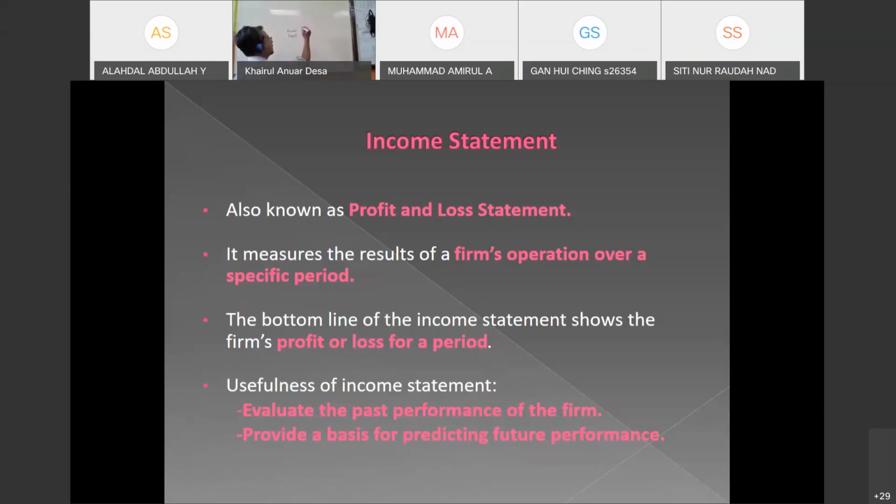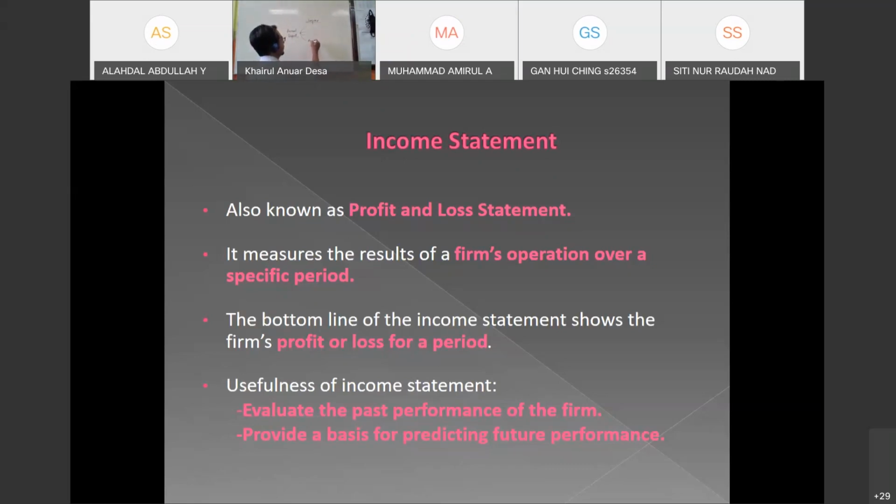Annual report. Di dalam annual report kita ada banyak chapter. This is the section or chapter. I just write chapter here in the annual report. Kita ada